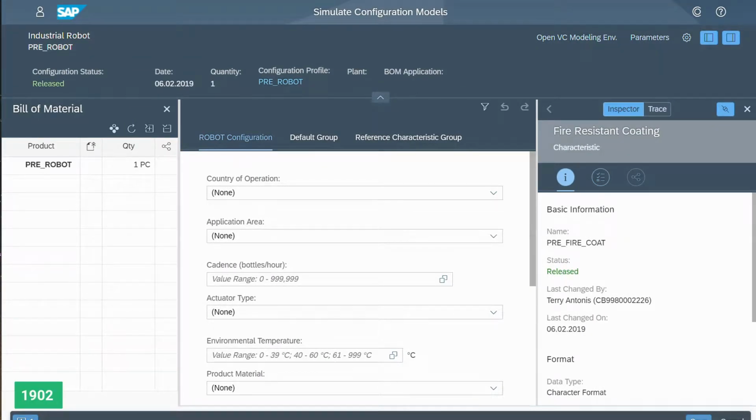SAP S4HANA Cloud Knowledge Snippet, and in today's snippet we will be talking about one thing and one thing only, and that is AVC, the hot topic of the moment that is very near and dear to me. The aspect of AVC that we are going to be covering today is a continuation of things that we've already to some extent covered previously, but we're just going to add another level to it,